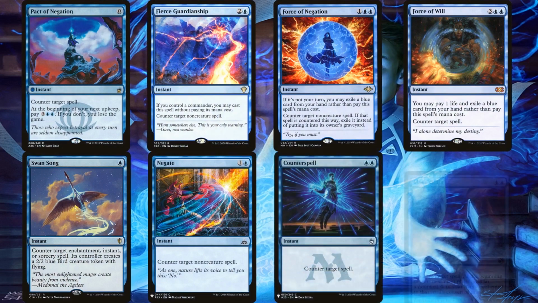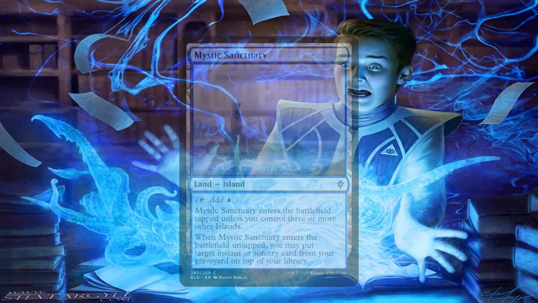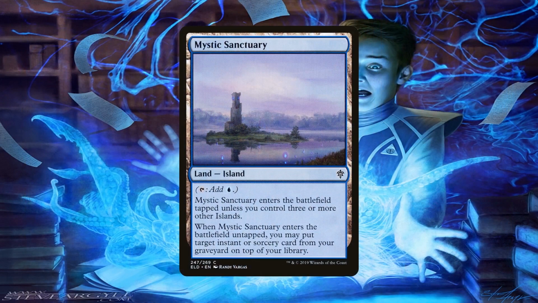The first 4 are potentially free ways of interrupting opponents from comboing off or winning the game. With the exception of Force of Negation, we can also try to free cast these during our turn to protect any of our own combos. The other 4 are still relatively cheap, so they're still great responses in the deck. Mystic Sanctuary is included as a way to recur any responses to the top of our library in a pinch